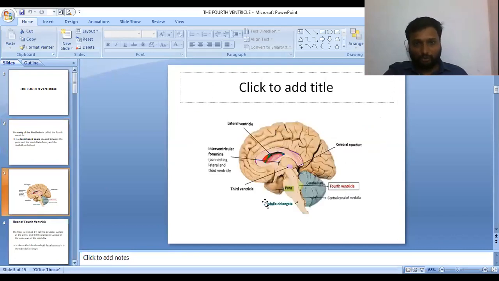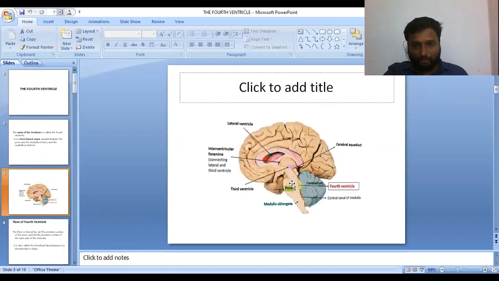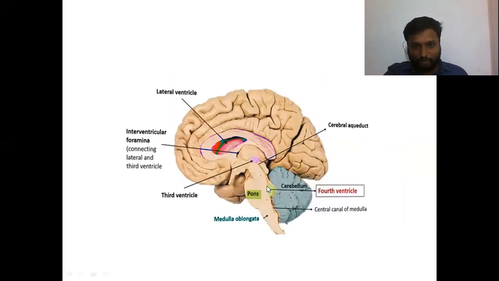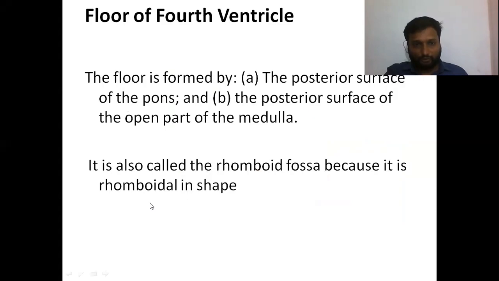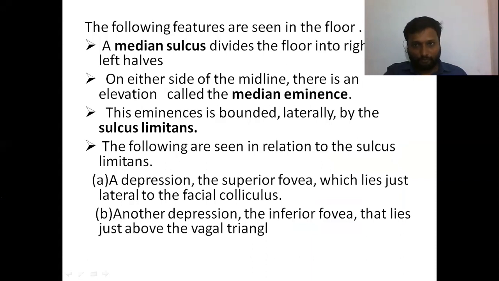So what is meant by the fourth ventricle? The fourth ventricle is the tent-shaped cavity inside the hindbrain. It has one floor, which is formed by the posterior surface of the pons and medulla, then a tent-shaped roof. Then the features of the floor, roof, then lateral borders, recesses and communications. For the remaining details, you have to read it once more in the text.